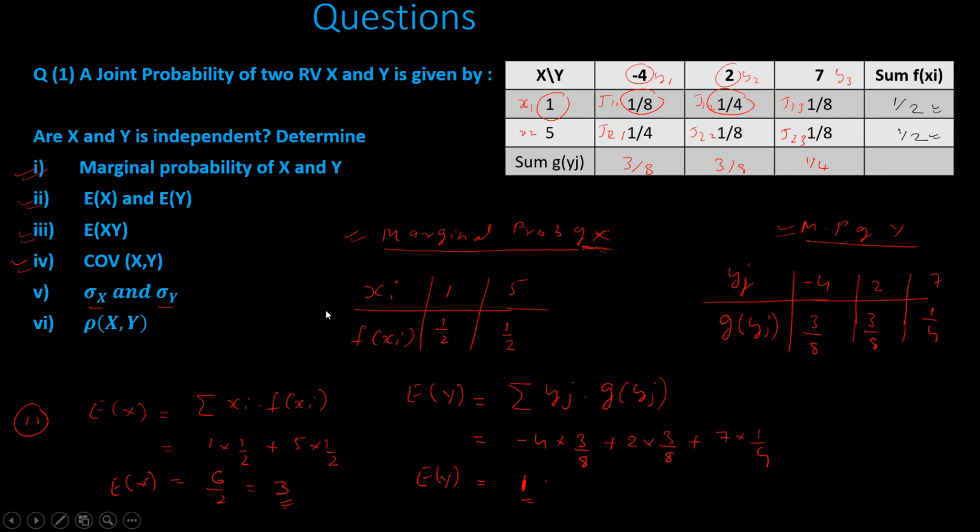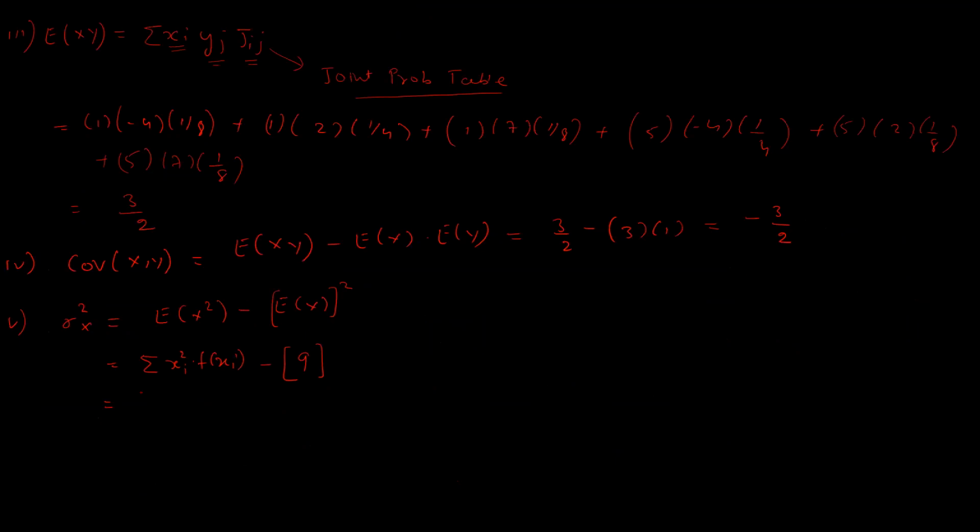All right. So this value I am getting here as 1 into half plus 5 square, so this is 25 into half, minus 9. So that will be nothing but 25 by 2 plus 1 by 2. So 26 by 2 minus 9. So you can calculate this. You will get answer as 4. So sigma square x is 4. So this implies your sigma x is square root of 4, which is 2. So I have got sigma x value.